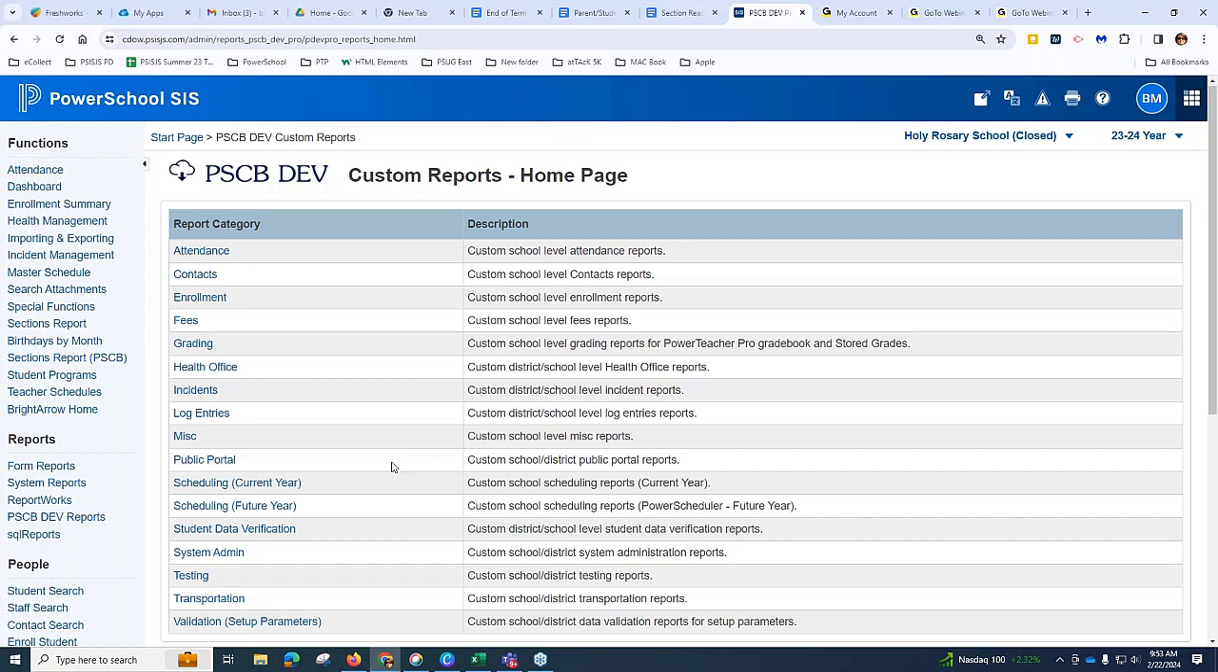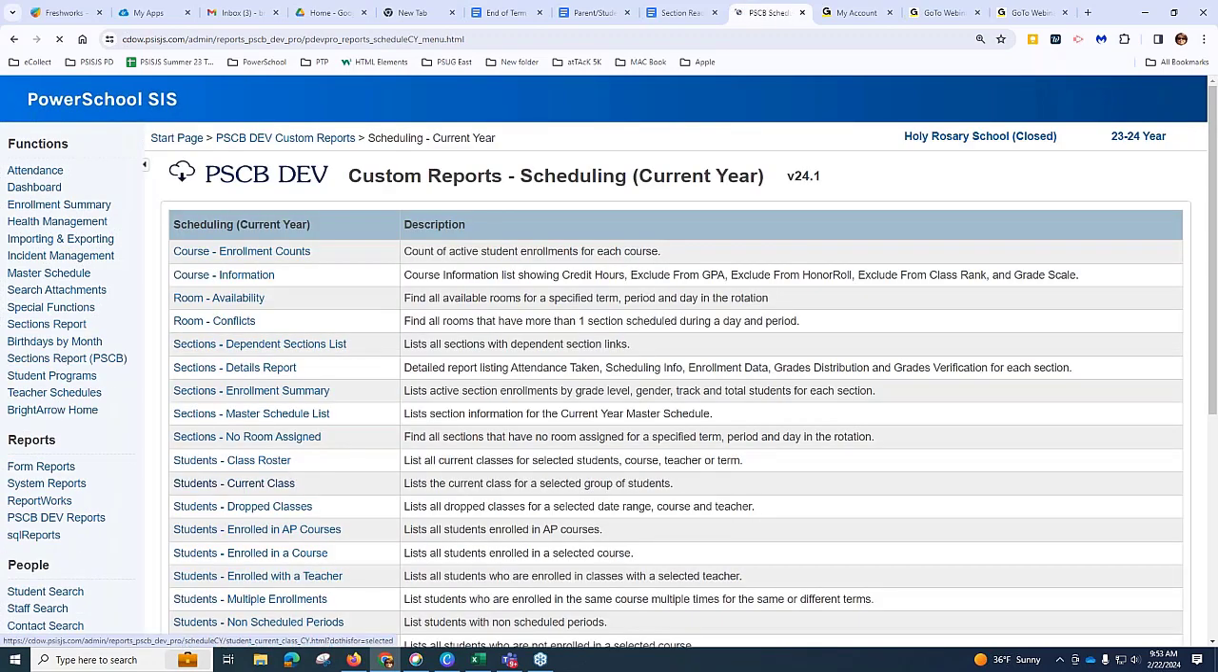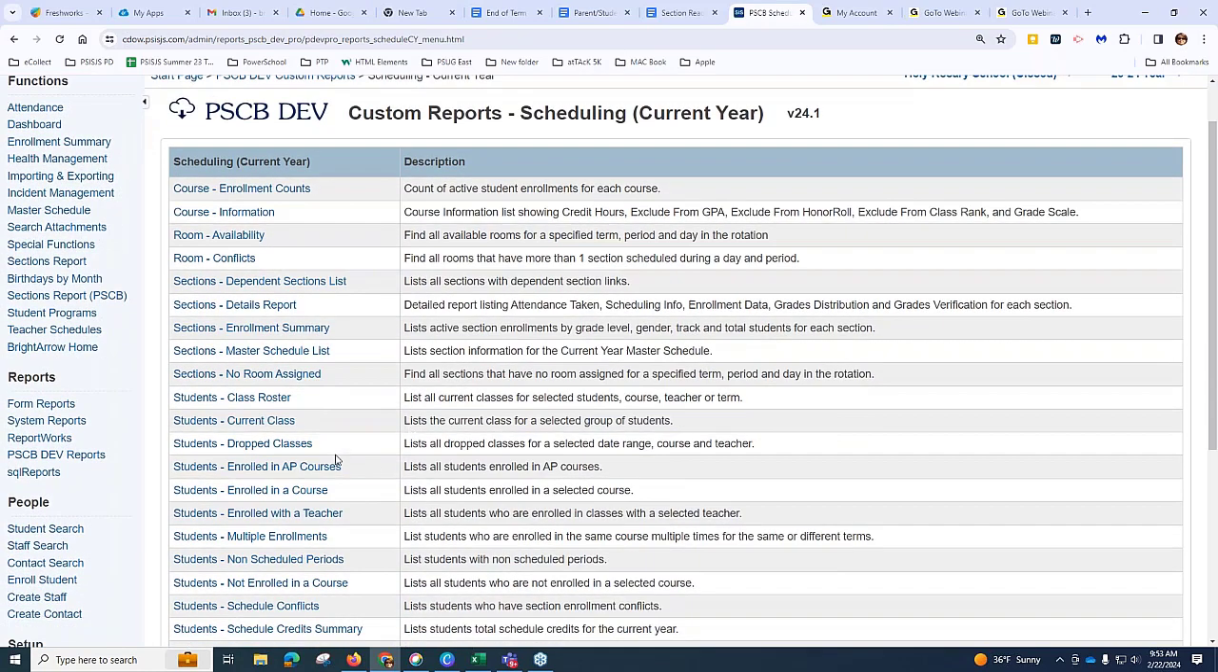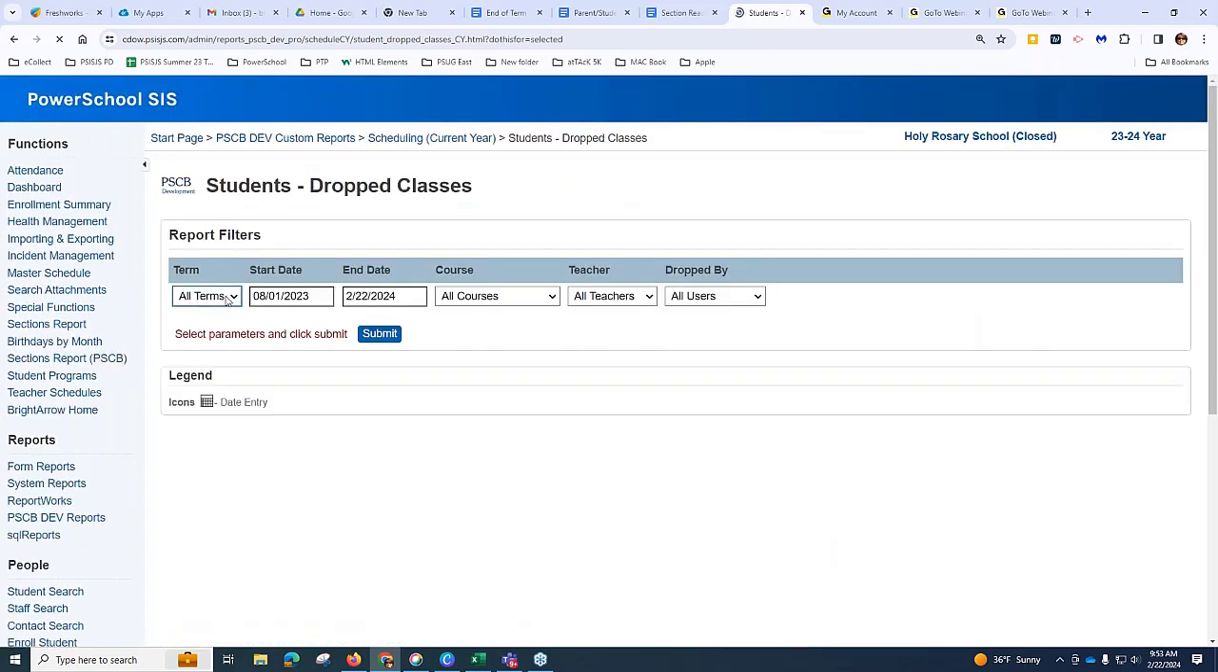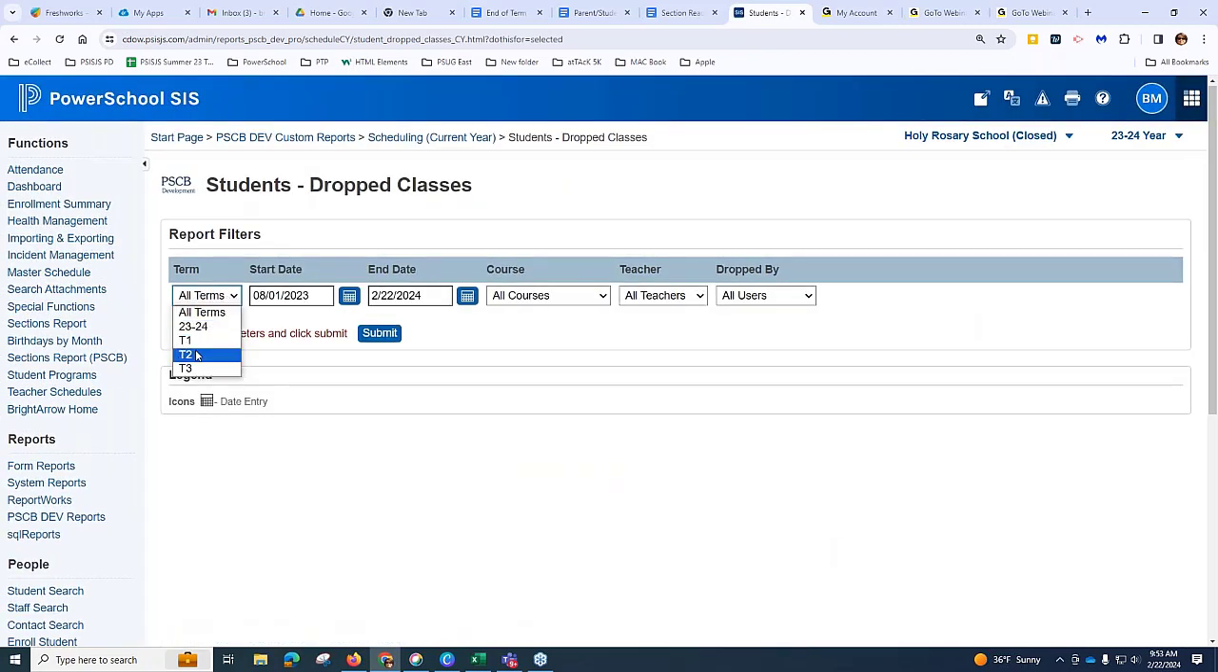However, when you store grades on the permanent store screen, if you don't exclude those dropped classes, it'll store for every single class they were enrolled in. So if you go to this scheduling current year PSCB report, there is a dropped classes report, and it'll list all the dropped classes for a specific date range, course, and teacher. So the term I want to look at is my trimester 2,